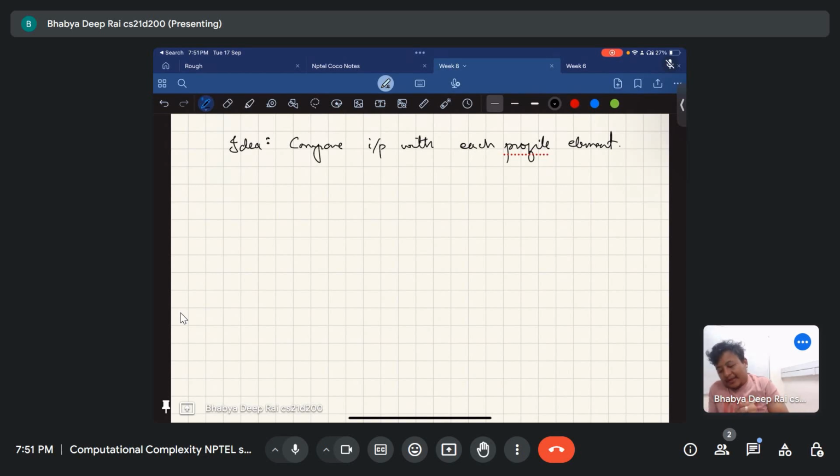And here is the construction. If y1, y2, and so on till yn is the profile element,